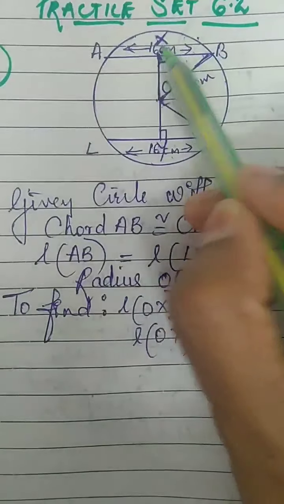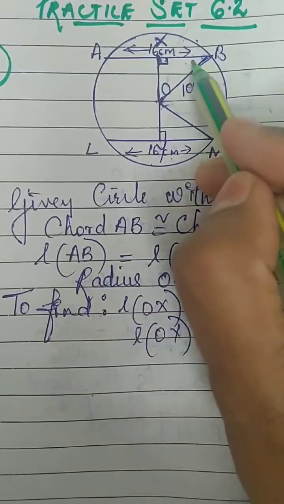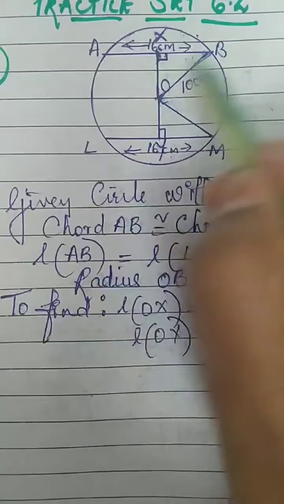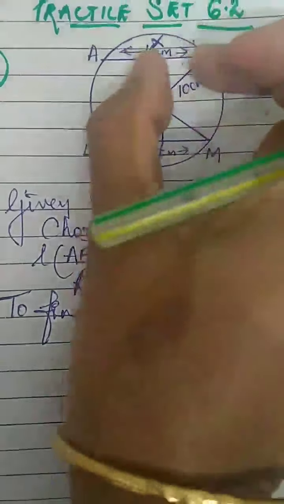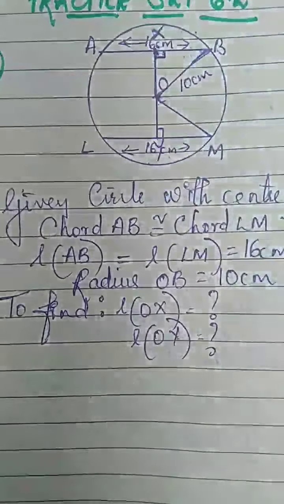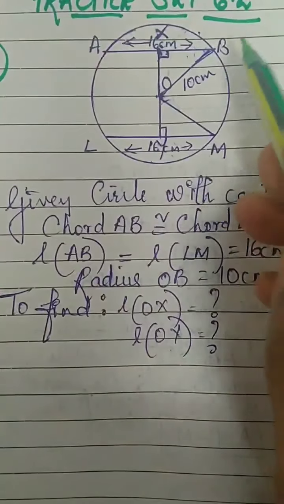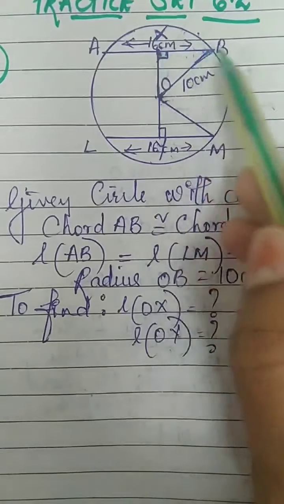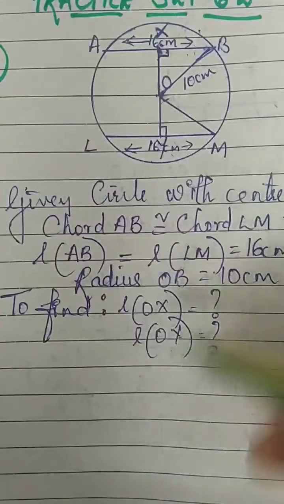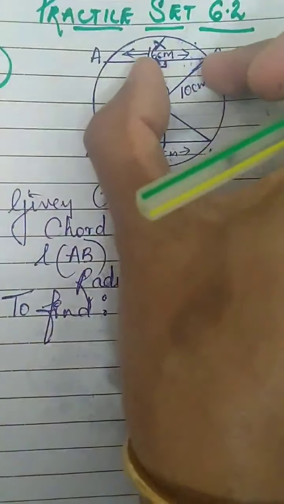AB is 16. So XB will be half of 16, that is 8 centimeter. So here we will use the first property, perpendicular from the center to the chord bisects the chord. So XB you got 8. OB is 10. Can you find out OX by using the hypotenuse side test? But you have to write the property also, perpendicular from the center to the chord bisects the chord, for XB. Okay, so write all this in your own method. I just want you to find out OX and find out XB.